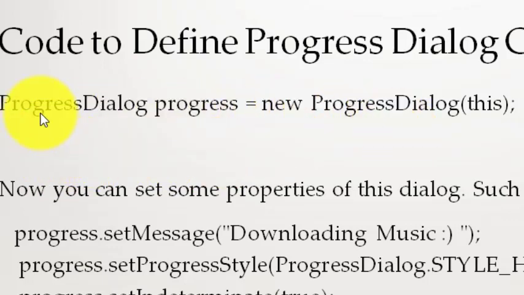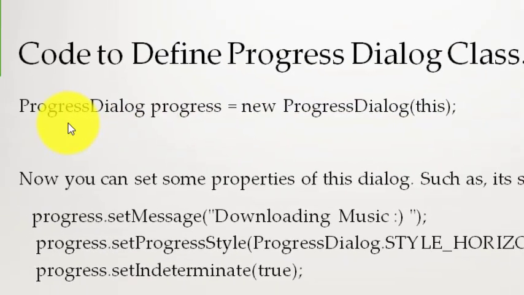Since Android uses the Java language for coding, the syntax remains the same. ProgressDialog is a class, progress is an object of this class, the new keyword allocates the memory for the progress dialog, and there is a constructor call. The constructor is called here, ProgressDialog(this). This refers to the current activity. That means the progress dialog box is created within the current activity where this line is written.